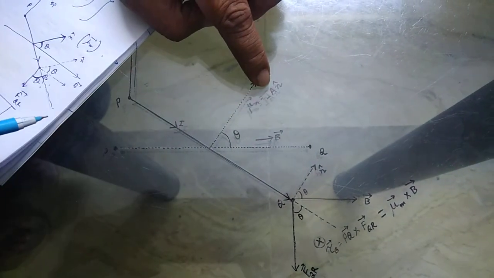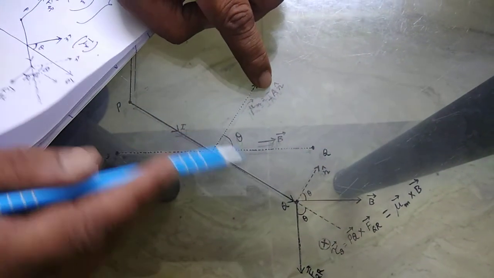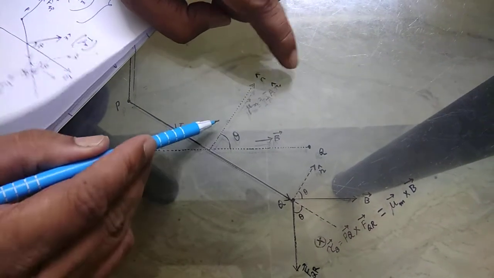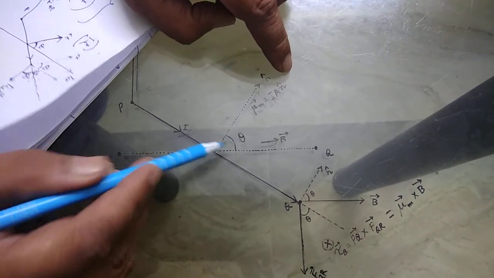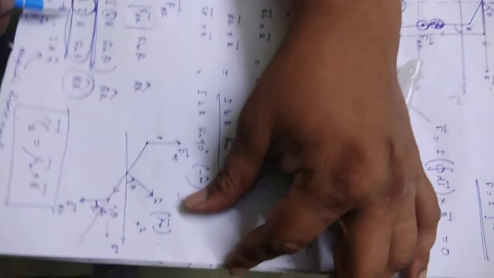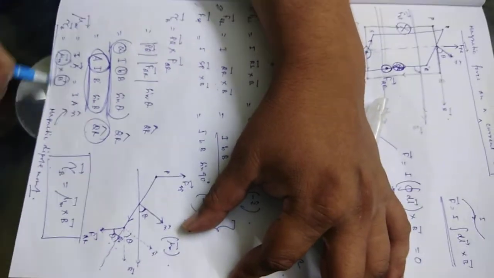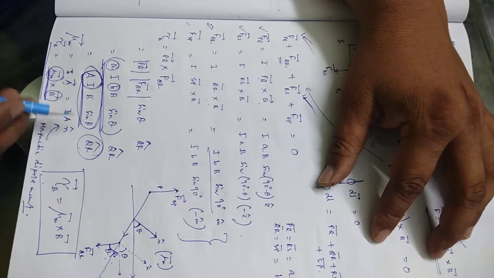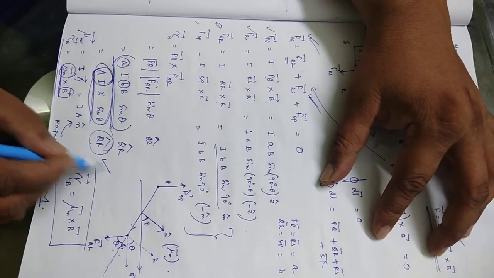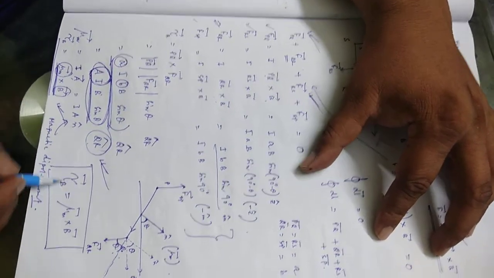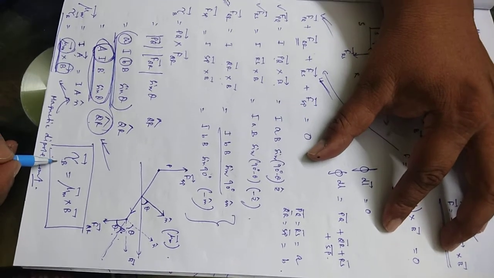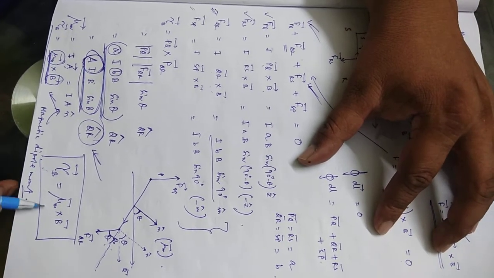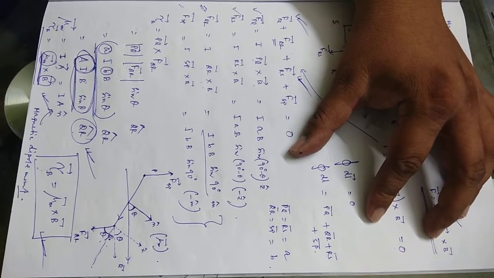That is IA and B. IA, B, and the angle between mu m and B is theta, sine theta. So the magnitude of mu m cross B and the direction of mu m cross B both match this expression. That's why I can write that tau, the torque due to the magnetic field, is equal to mu m cross B.